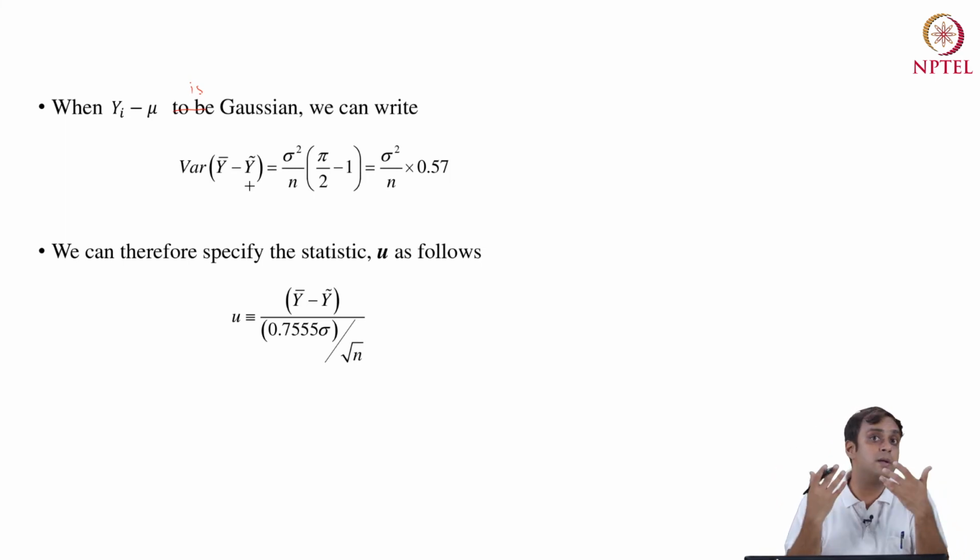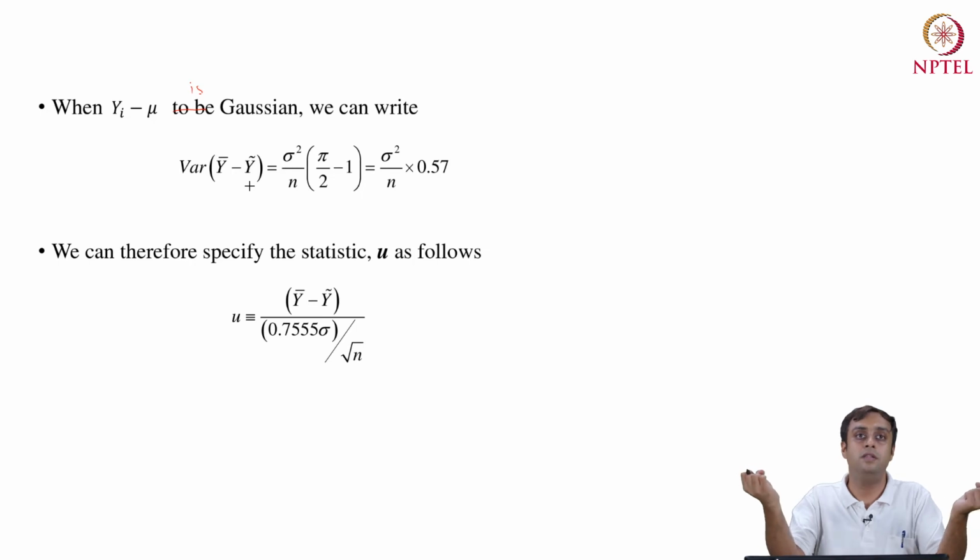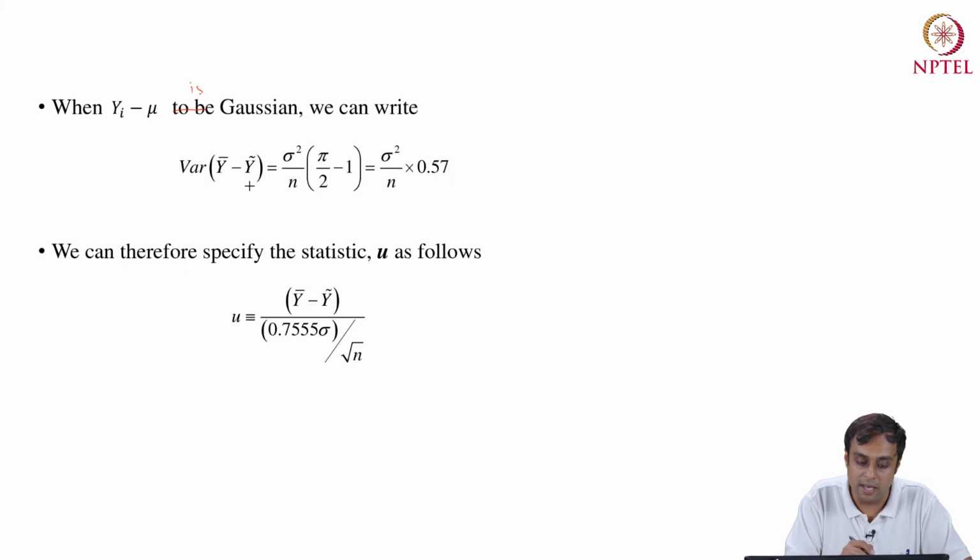And it turns out so is the median. So if the mean is a random variable, the median is a random variable, their difference will also be a random variable. For every random variable, we have a variance measure which provides us the error in estimating that value. So this difference has a variance value which can be written as sigma squared over n times this factor 0.57, which provides us with a statistic u, which is nothing but y bar minus y tilde divided by 0.75 sigma